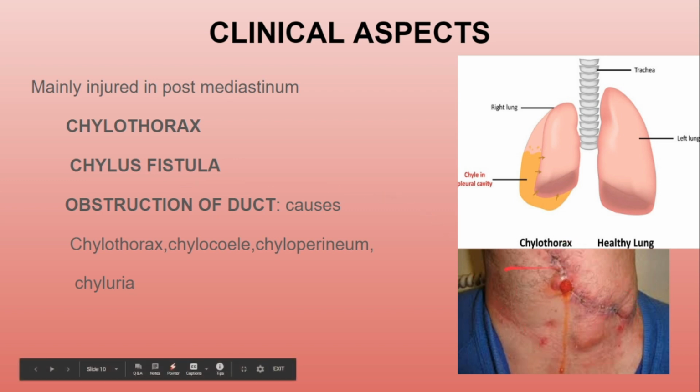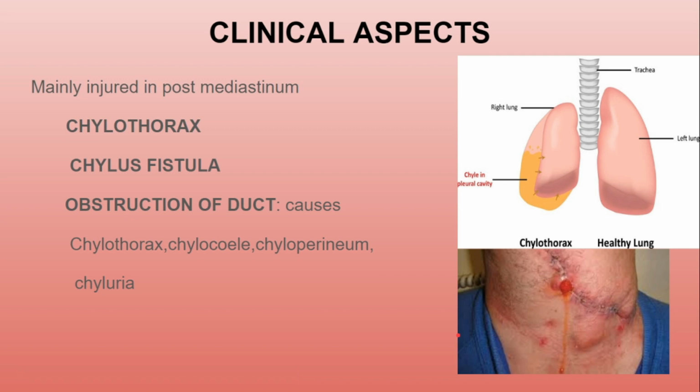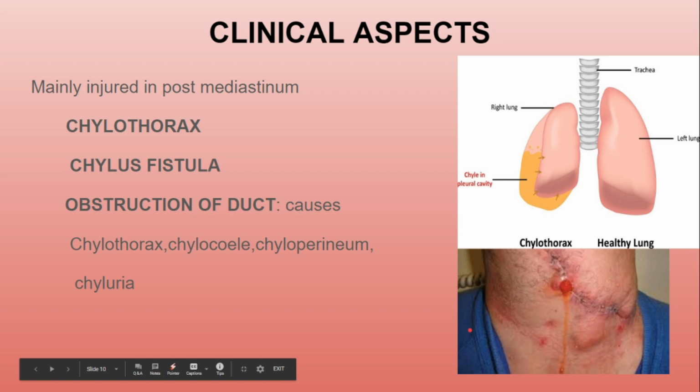Now the chylous fistula. This is a photo of a chylous fistula. In the cervical region, the thoracic duct may be damaged during block dissection. If the surgery goes well, by anastomosis the chyle will go back to its place into the thoracic duct. But if not, it will cause a chylous fistula to occur.